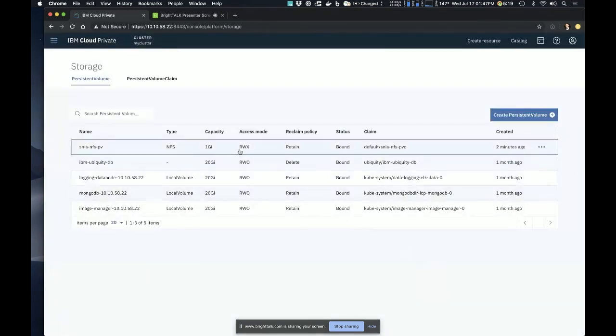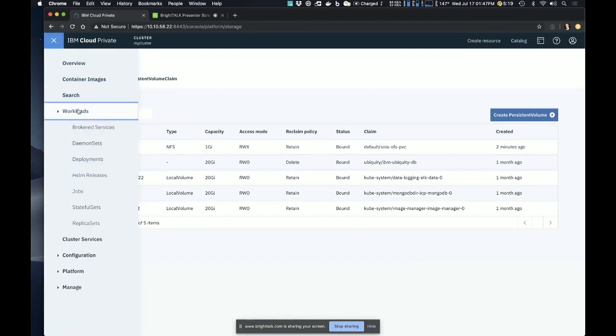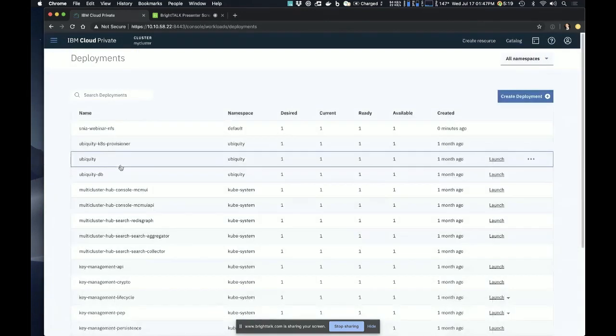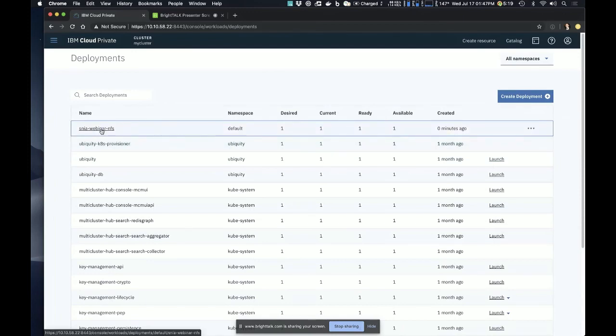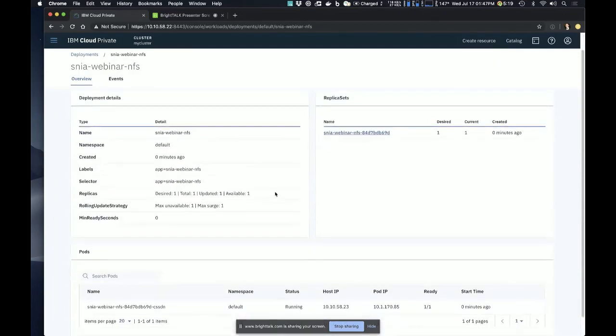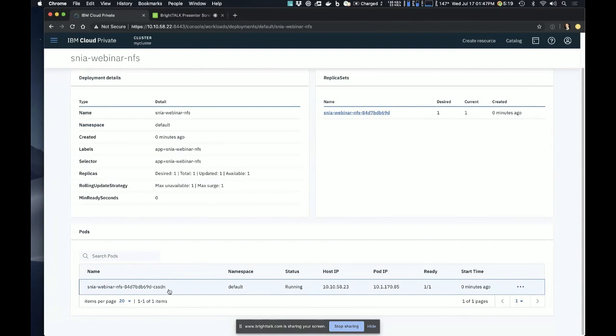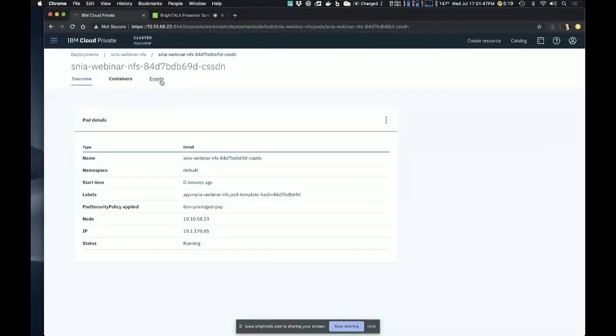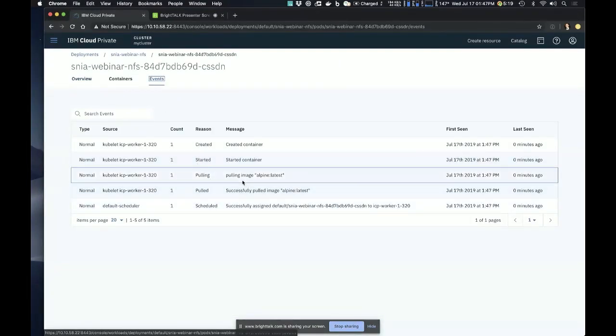So again, I'm going to hit create, and now I'm going to go over to my workloads and deployment. I created a deployment. Here's the deployment I created, and here's the pod that's coming online. I can jump in here and look at events, and I think I already had run this, but sometimes there would be an event that said this container has done an NFS mount of that file system I gave it in here.